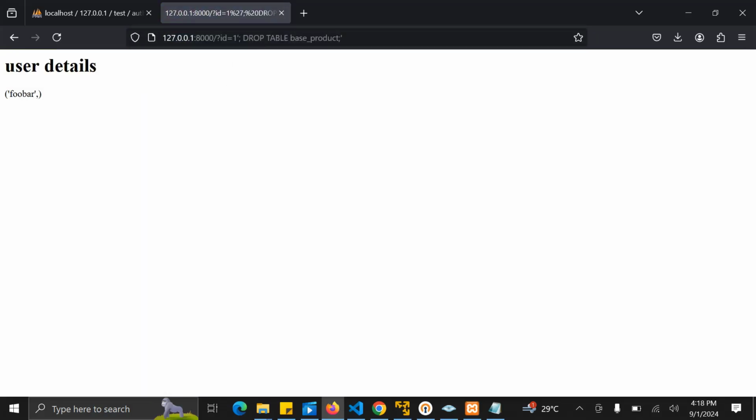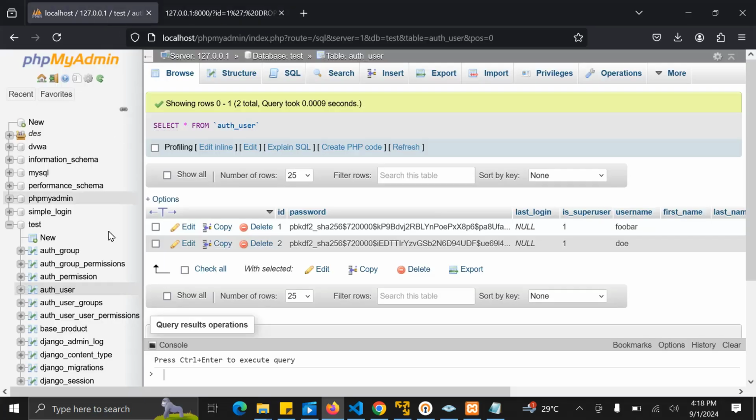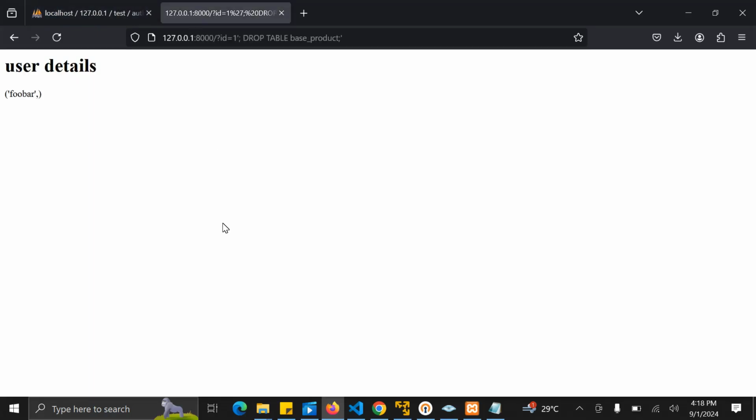Okay, so we can see drop table based product. If you see here there is a table based product. What if we refresh here? Boom, you can see there is no table. Okay, so can you see how critical is SQL injection when web development comes into the picture? We usually insist developers to sanitize user supplied input, to use parameterized query so as to have a